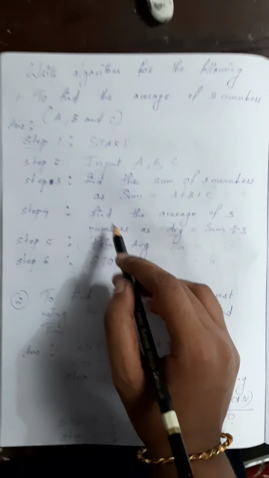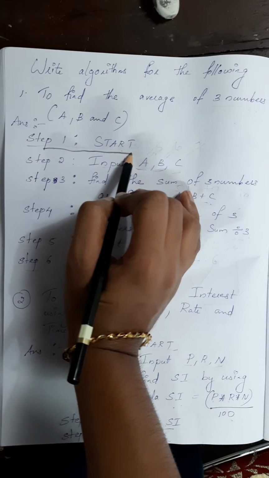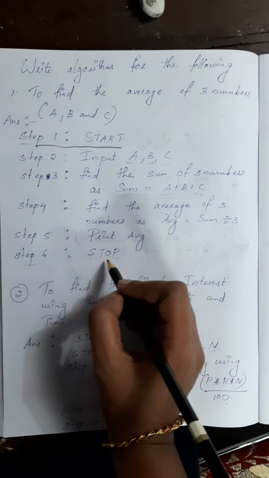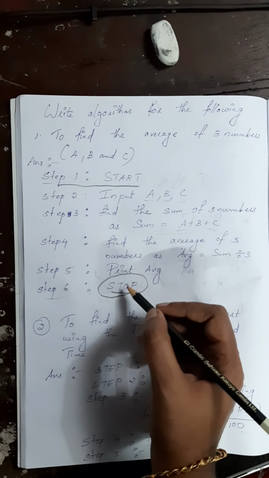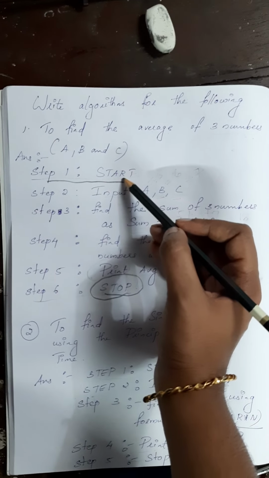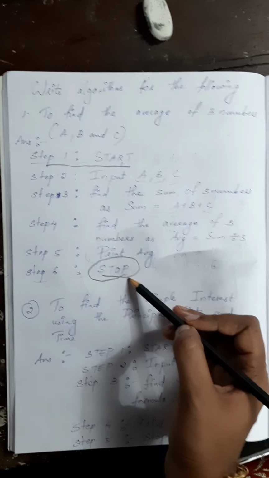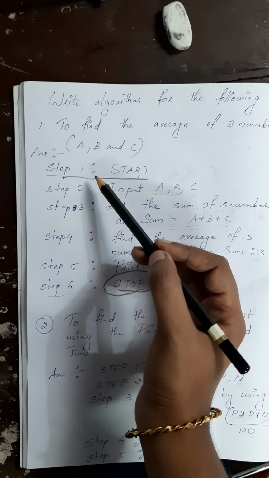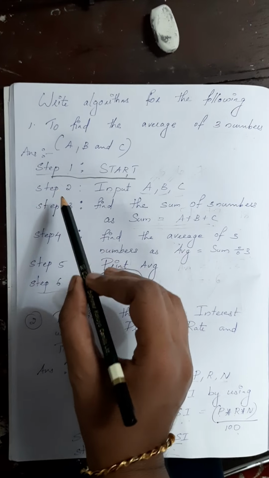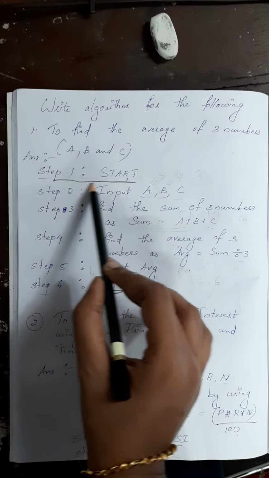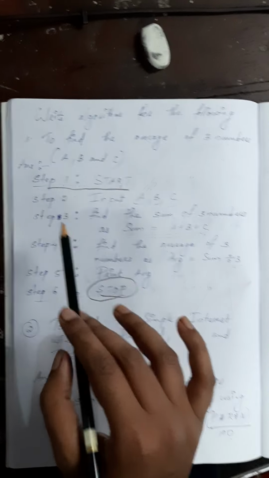So I have told you that always your algorithm should start with step number 1, that is start, and your algorithm should end with a word that is known as stop. Okay, this is common in every algorithm. And in every algorithm you should remember to provide step numbers 1, 2, 3, etc. When you write each step you should provide step numbers for all those lines. Okay, these are common in every algorithm.